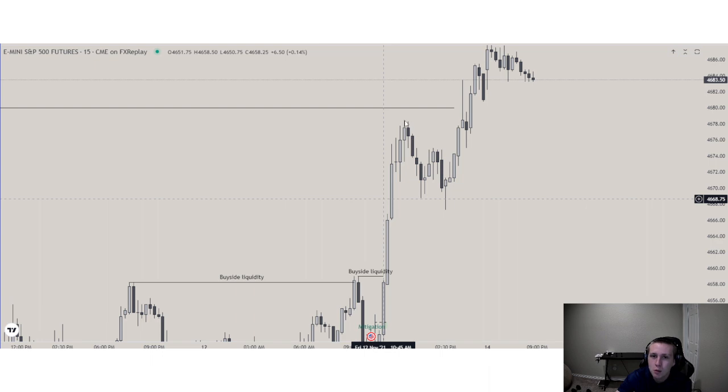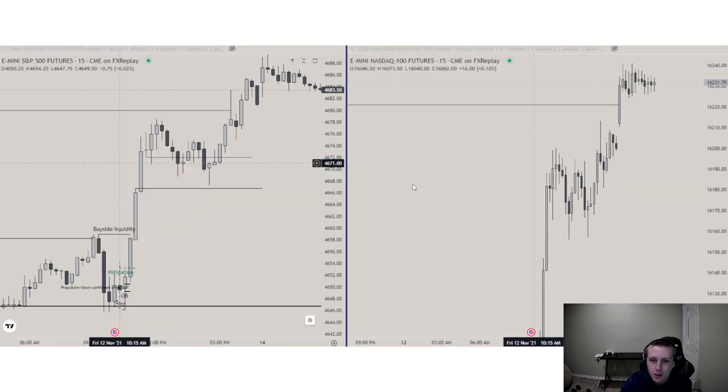And notice what we end up doing here. We end up engineering a high right before that draw on liquidity. We end up then retracing into a higher time frame PD array, and we end up forming what? What do we end up forming right here? We end up forming SMT right here in that PD array. So SMT within that PD array after engineering